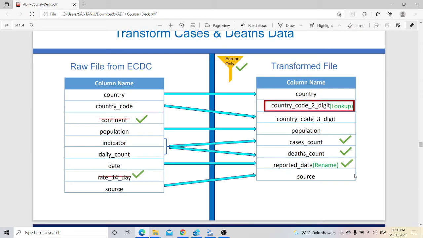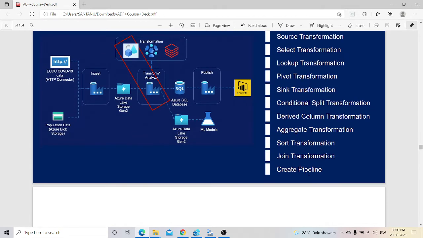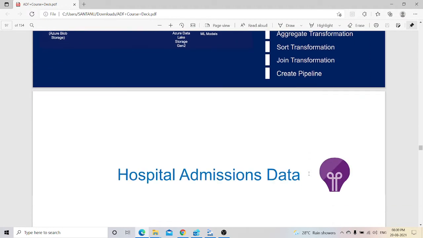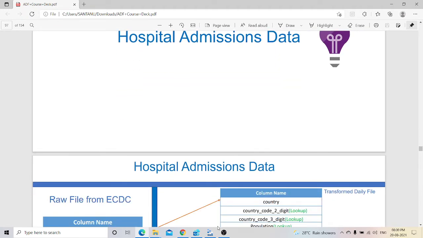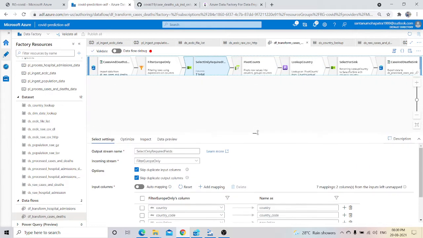After completing all those things, we will store this lookup data in the data lake storage. Then these have been renamed after the filtered row. So these will be the sample flowchart that we have been using in our following task. After that, after performing this, let me just zoom it.